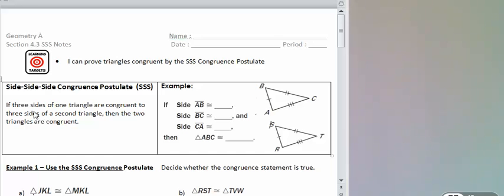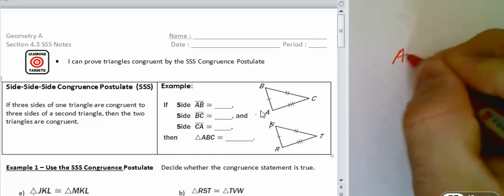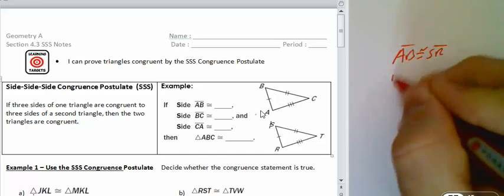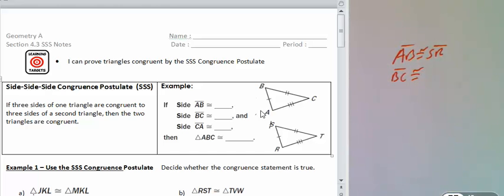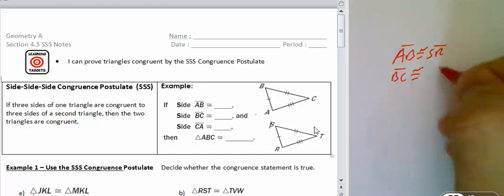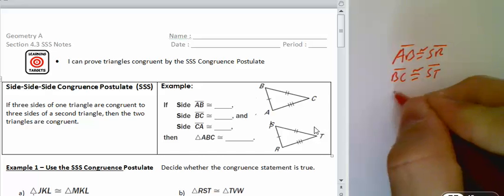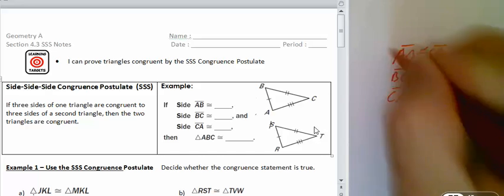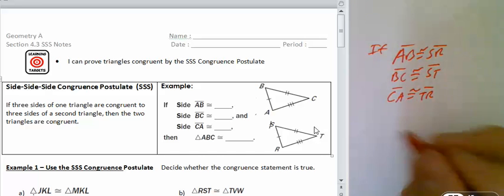If you have three sides of one triangle congruent to three sides of a second triangle, then the two triangles are congruent. So looking over here, you'll notice there's no markings for any of the angles, just the sides are marked, but that's okay. If side AB is congruent to side SR, and side BC matches up with ST, and CA matches up with TR, well, if that's all true,